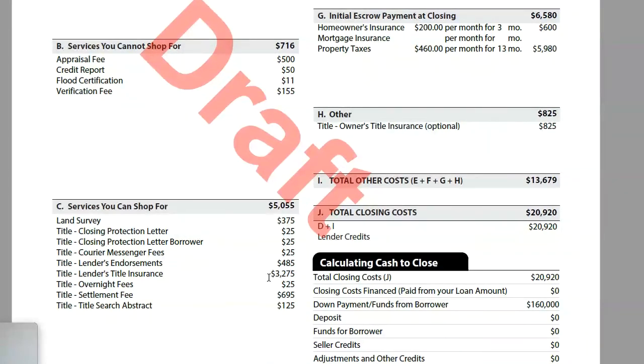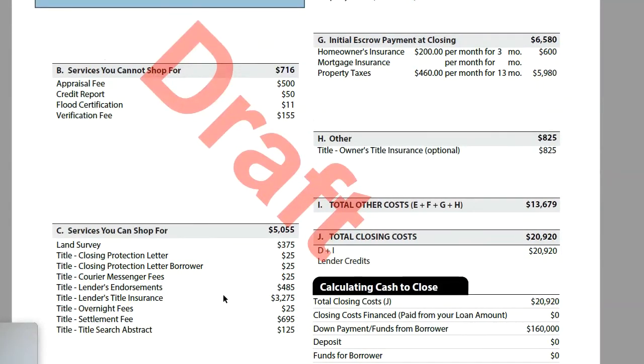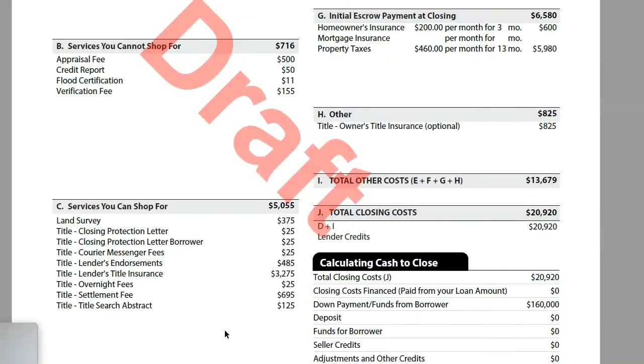But the reason that that's a bad thing to do is because if they underestimate these fees and then you get the actual cost from the title company and they're higher, well, then they'll say, well, hey, we don't have any control over those costs. We actually just sent you over an estimate. Now you have to bring an extra $1,500 or $2,000 or whatever it is to closing because they underestimated the fees that they were disclosing to you. This is just something to be aware of. This is not something you should be looking at and comparing when comparing one lender to the next, because they have no control over these fees here.